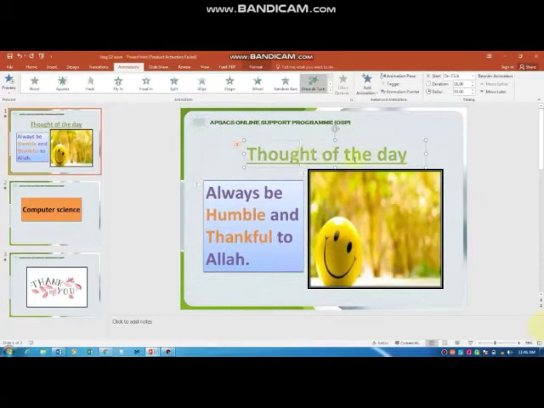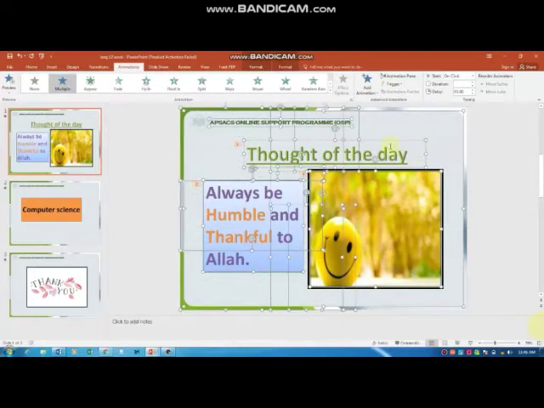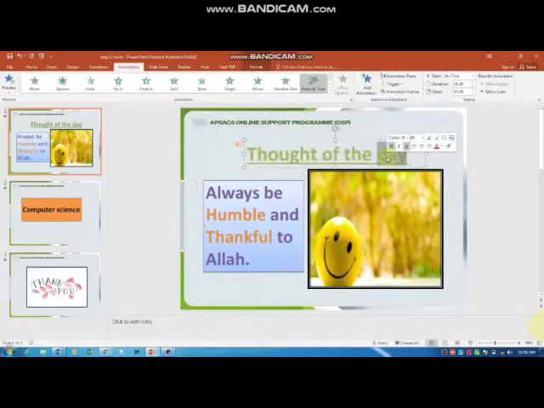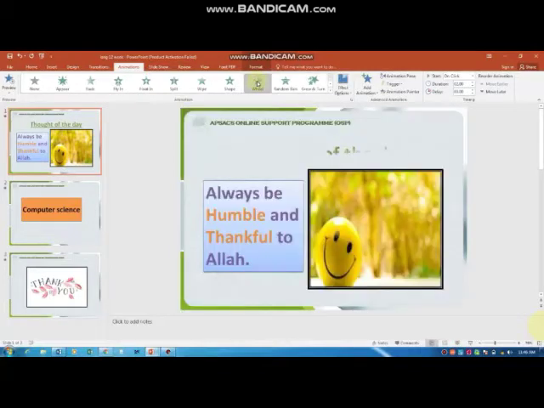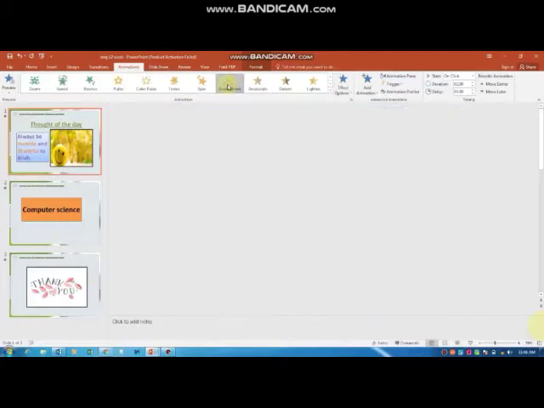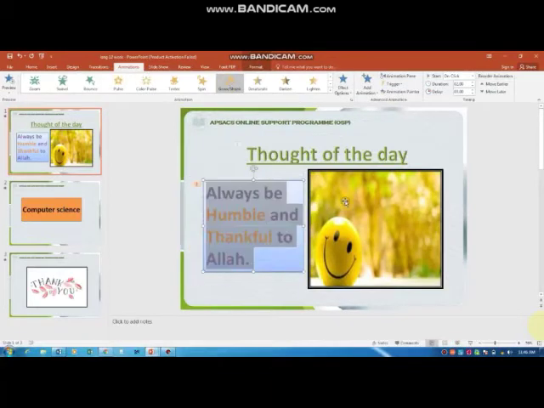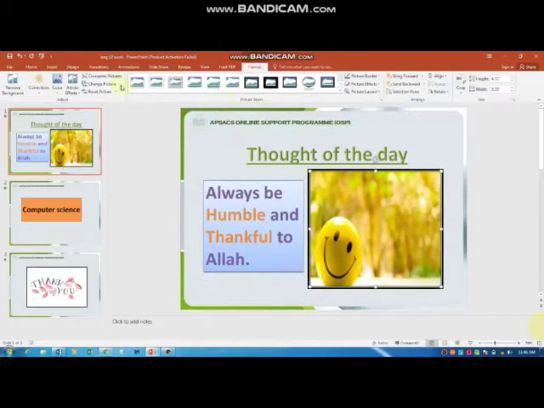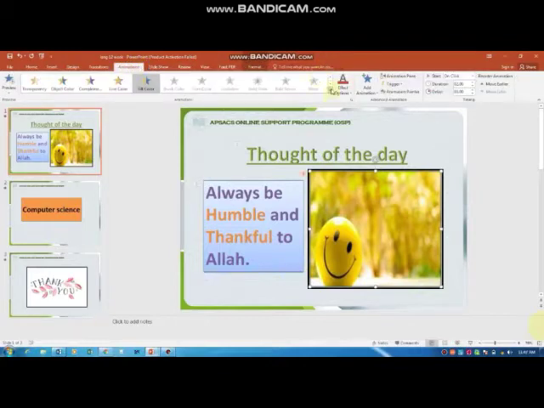This is the text box highlighted. Before applying any kind of animation, we need to highlight the text first, or select the text. I am selecting this text. Selected. Now I am applying animation to this. You can choose any of them. Selecting the second text box now and applying the animation to this. Now for this picture, go to the animations tab. You can choose